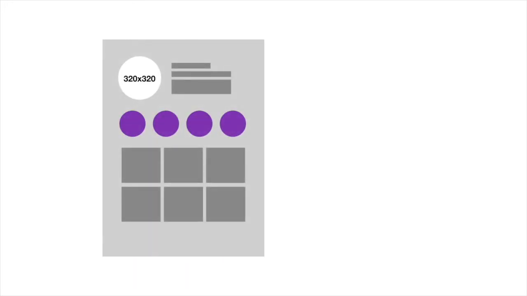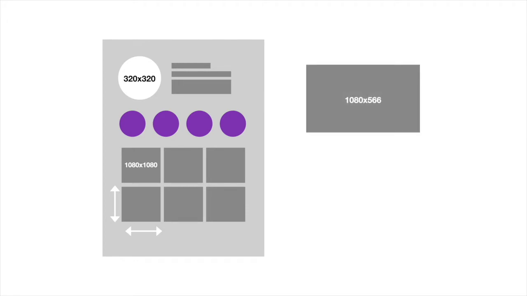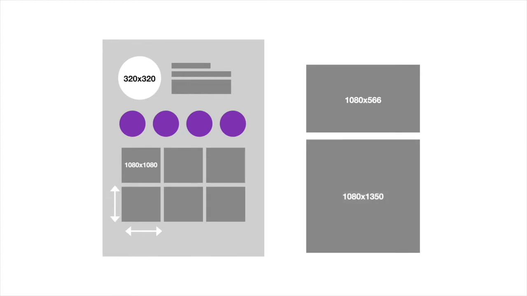For Instagram profile photos, 320 by 320 pixels is the recommended size, and 1080 by 1080 is the best for Instagram feed photos. As you'd notice, images with the same height and width are called square images. Unlike your profile photo, all feed photos will be cropped as a square. So make sure you get your sizes right there. For landscape photos, you need to use images with 1080 by 566 pixels. Whereas for portrait photos, 1080 by 1350 pixels would be ideal.